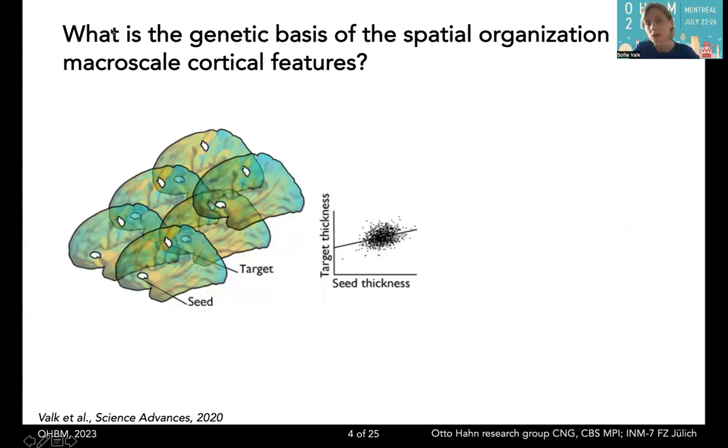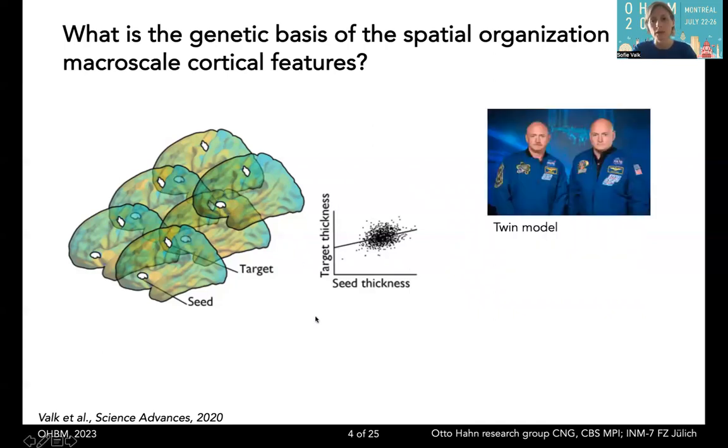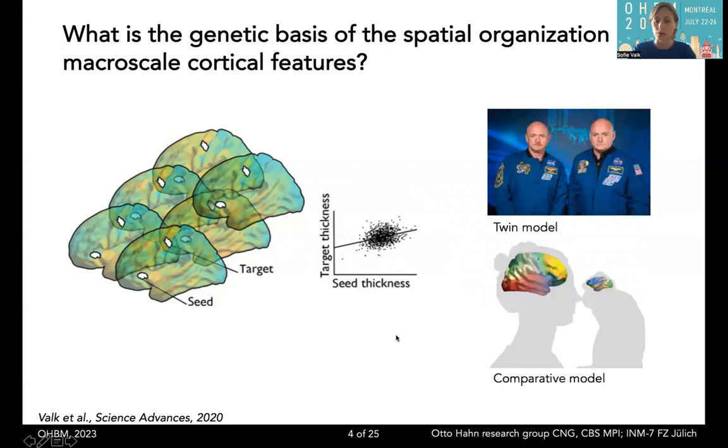So the first question I try to answer in my work is, what is then the genetic basis of the spatial organization of macroscale cortical features? Because in the past, it has been shown that it's organized in different clusters, but how these clusters relate to each other was not exactly clear. And also what this means was not so clear. So here I used the twin model enabled by the Human Connectome Project S1200 sample with monozygotic and dizygotic twins. And I also looked at a comparative model using the PRIME-DE data set and a comparative model between humans and